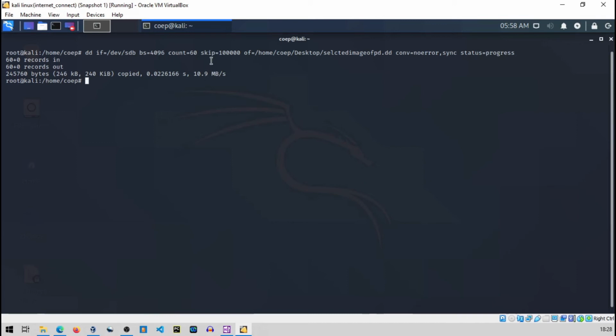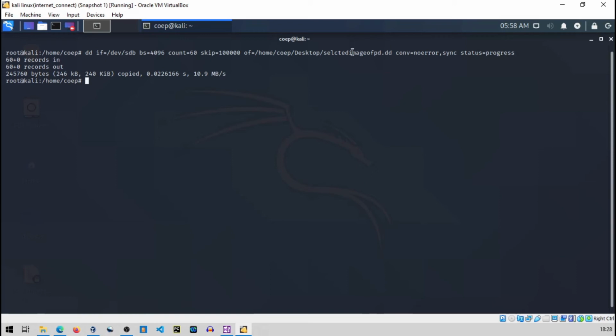I am doing it blindly here, but you might know from which block, or there are tools for that also. So once you know the block you are interested in, you can use this command and these options.